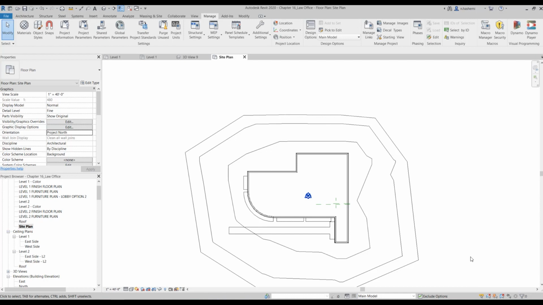Sometimes when you download blocks from a manufacturer like Steelcase, for example, they might have their material library in a separate location than their files. So in this case, you need to download the material library separately and then link it to your project. They will have all the bitmaps and textures inside just that one folder. Now let's go to the Steelcase website and see what I'm talking about exactly.